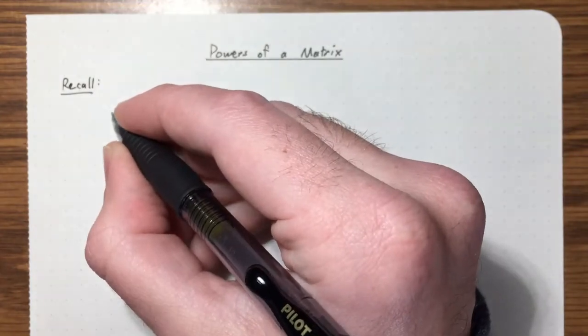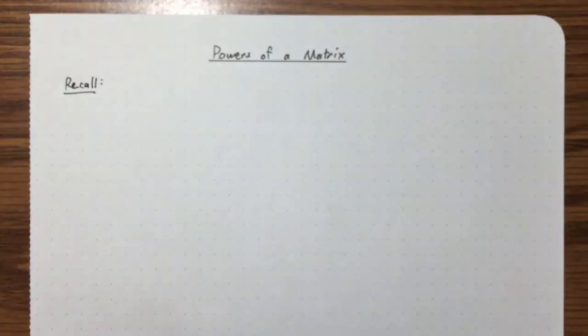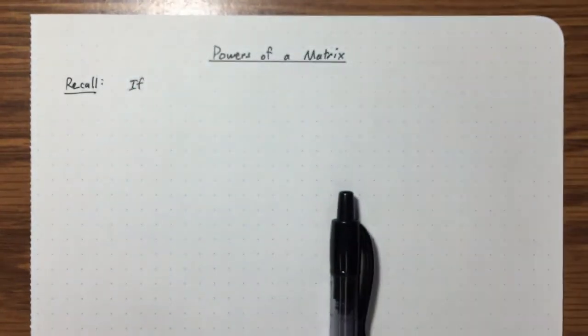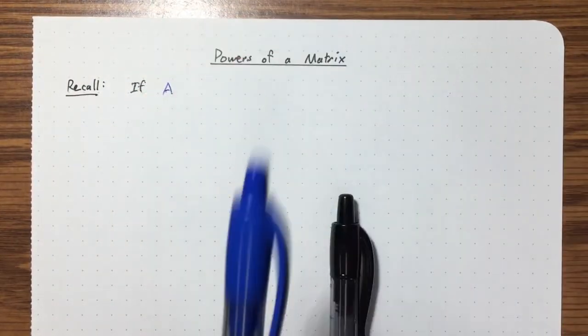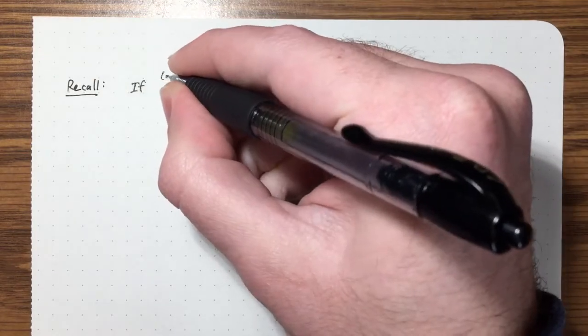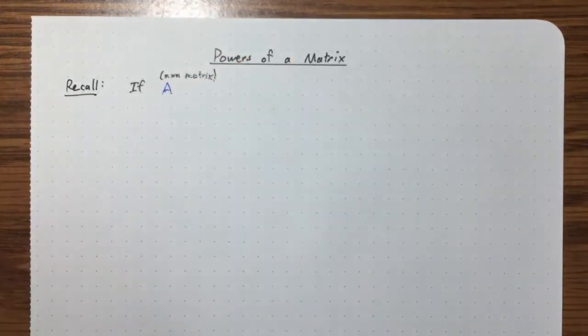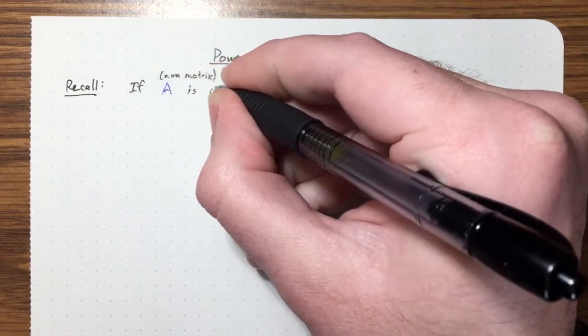So first, let's recall from last time that we can take powers of a matrix very easily if the matrix is diagonalizable. So if some matrix A is an n by n matrix, again, we're always talking about square matrices now, and A is diagonalizable,